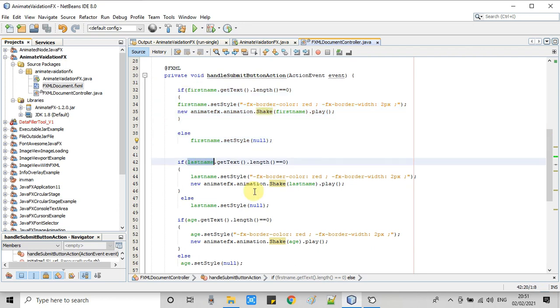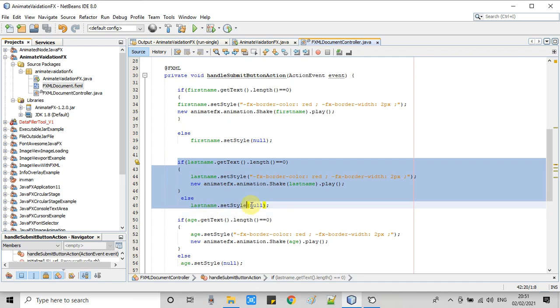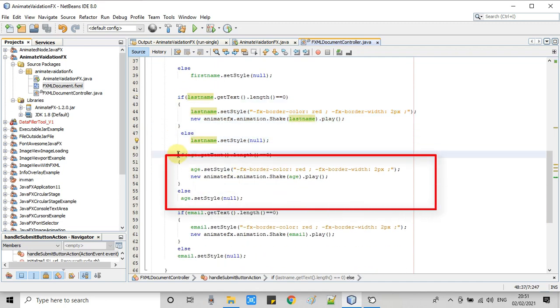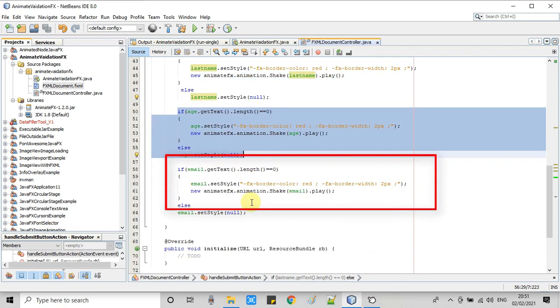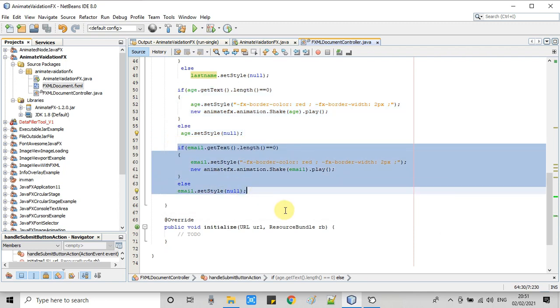In the same way I have applied the validation for the other text fields like last name, you can see, and the age, and for the email. Maybe in your case you are using a regular expression, but the base logic will be the same for the validation, and you can decide that if something is there, then do not apply this animation, or do not throw any error or message.